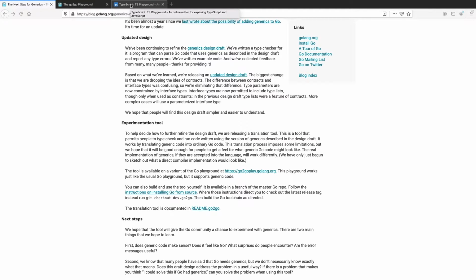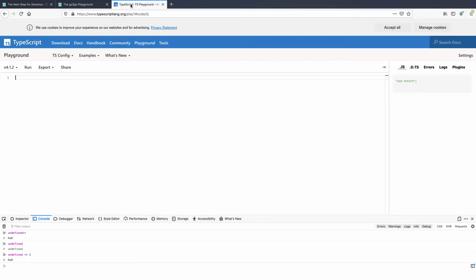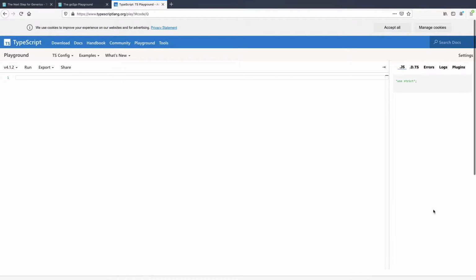I generally don't see the point of TypeScript. If you wanted to use a typed language, use a typed language, and if you wanted to use an untyped language, use a scripting language like JavaScript. I don't really see the point of making JavaScript strictly typed with TypeScript. I'm not sure. But that said, TypeScript does do generics very well,